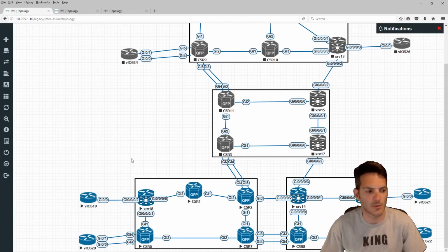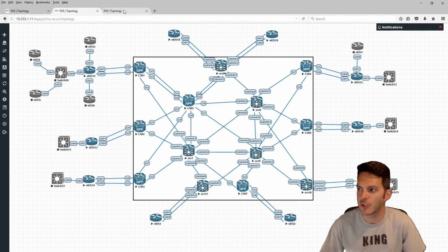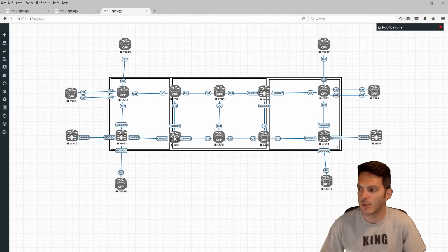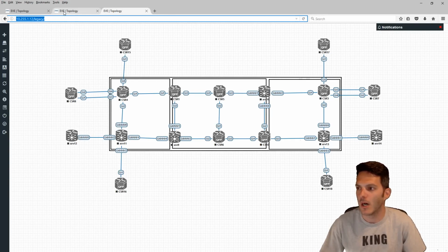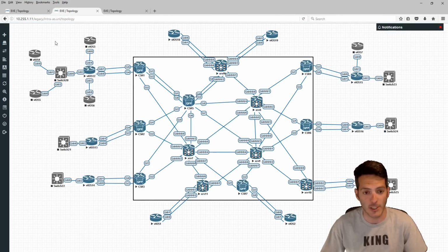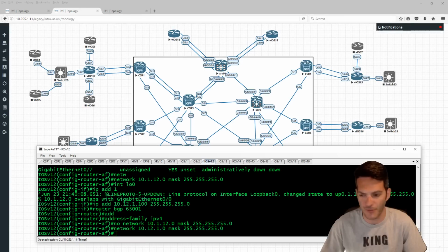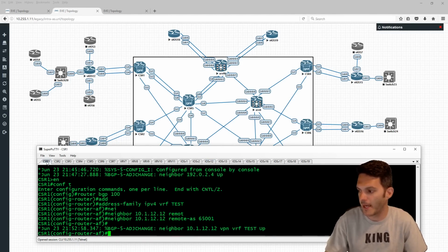So this will be inter-AS once I get done with a little bit of stuff that I have to do on intra-AS. This is my inter-AS topology. This is my intra-AS topology. And then I have unified MPLS, so I'll be testing that out. And then all the layer 3, layer 2 VPN, multicast VPN. And then I'll be doing LISP and some VXLAN. It's a work in progress. I'm talking too fast. So with that being said, let me jump over to CSR1 and do